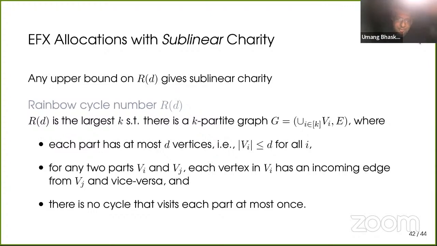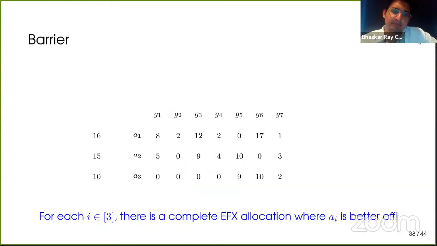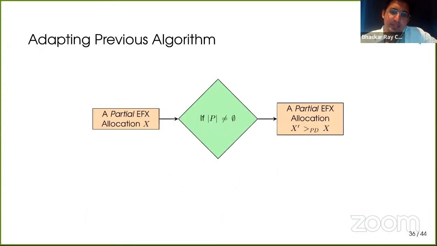Like in your case, you used certain tools and structures to go from the case where you had just two items unallocated to get a full EFX allocation. Do you think something like that might be more generally doable? No, I don't think so. I don't think so at all, because here, for instance, for EFX for 3 agents itself,